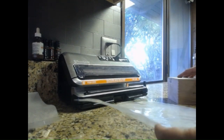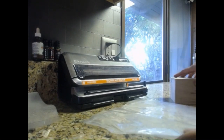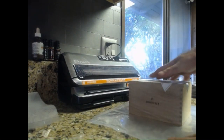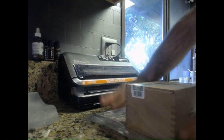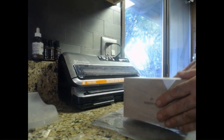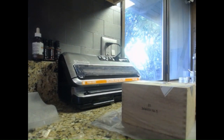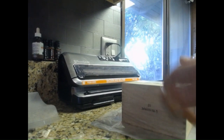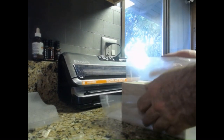Generally speaking, you're going to go ahead and pre-make your bags for how much length you need. For this one, it's a little bit more because it has higher sides. So generally in this case, when I pull it out, I put my hands down on each side to make sure that I have enough slack. Other times, you only need a little bit on the front after you've already made the seal, and then about a hand's addition from the end of the box to the end of the bag. That's roughly how much you need. So with that said,